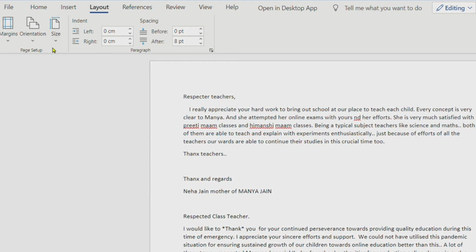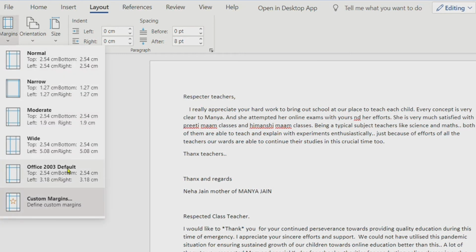Now children, you have to click on the margin option in the page setup group. So this is the margin option in the page setup group, children. When you click on this margin, a drop down list of options appears. Fine, you can see this margin here. It is written normal, narrow, moderate, wide, office 2003 default, etc.